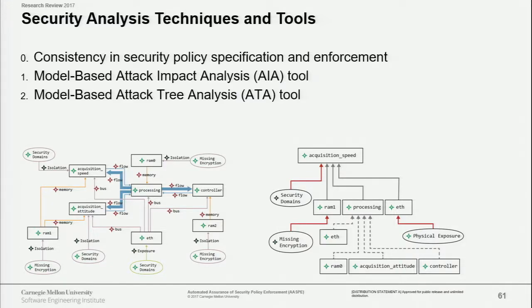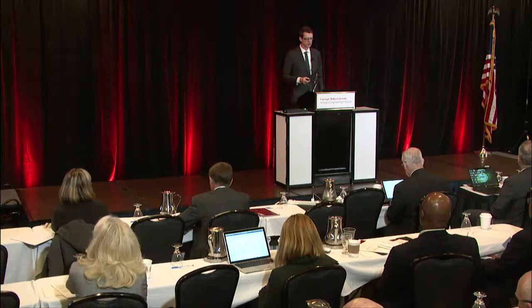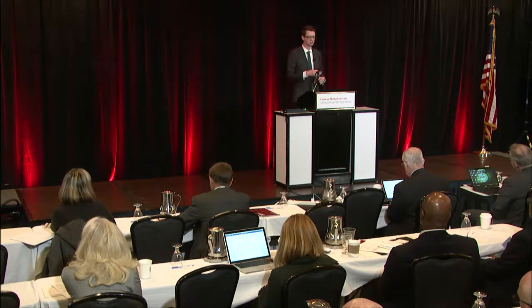So, of course, this component could be compromised, or this connection could be taken out of service somehow. All of that combines in one way or another to your top-level problem that you want to avoid. But again, since this is architecture aware, because you've built your system model in AADL, there's really a big payoff here. And then finally, like I mentioned, you can generate the configuration files to actually enforce these security policies that